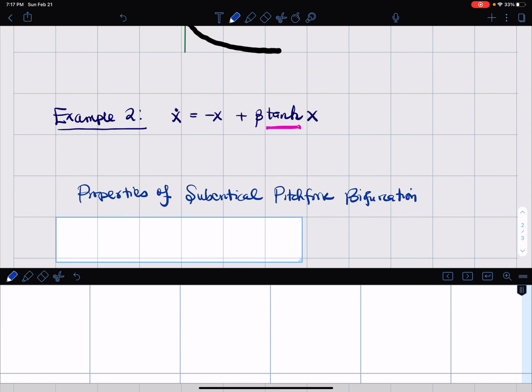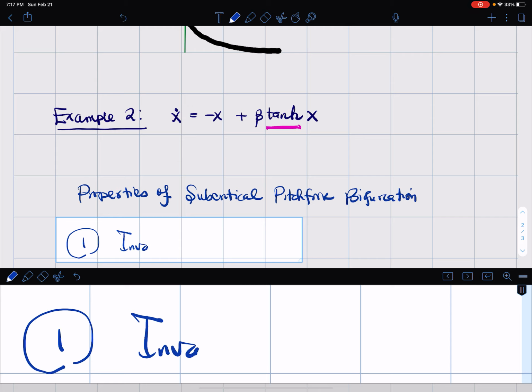We can really go in depth with this, but I would like to just explain it in terms of a diagram. Okay, so this is invariant under the change